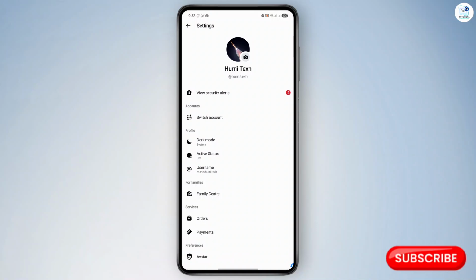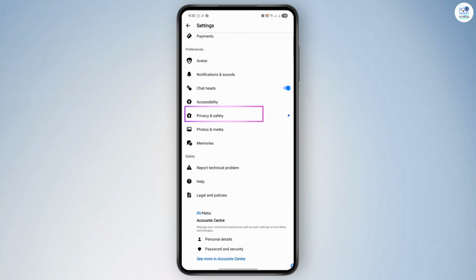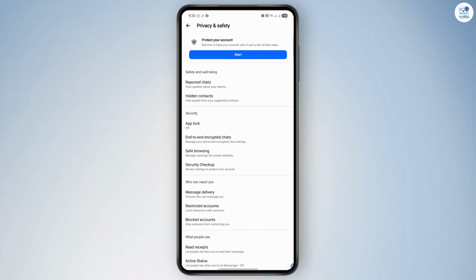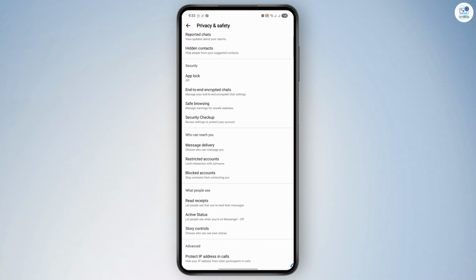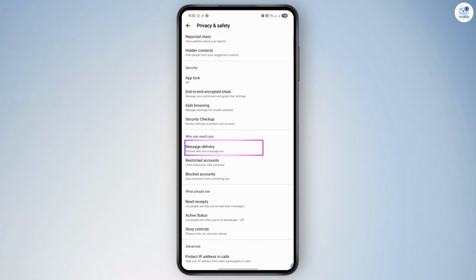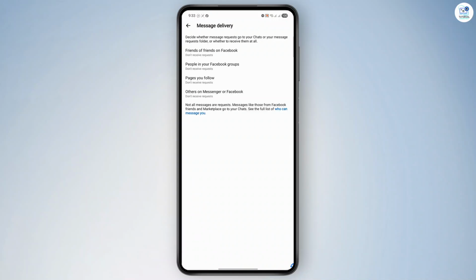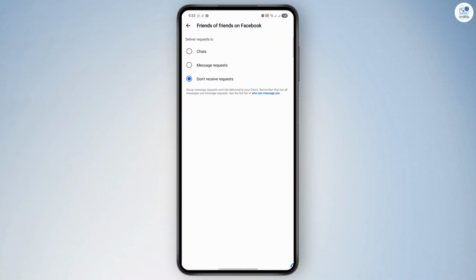At this point, tap on Privacy to open your privacy settings. In the next step, under the Who Can Reach You section, tap on Message Delivery to open your message request settings. Following this, you'll see different categories of people who can send you message requests, including people on Facebook, contacts on Messenger, and others. Once done, go through each option one by one and set them all to Don't Receive